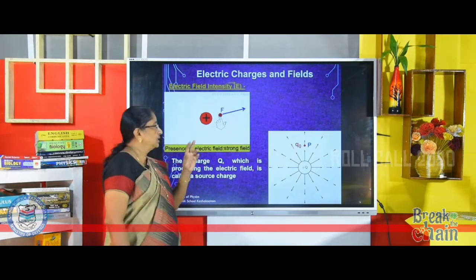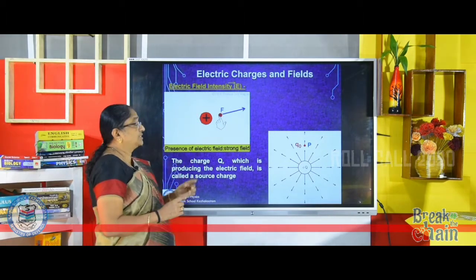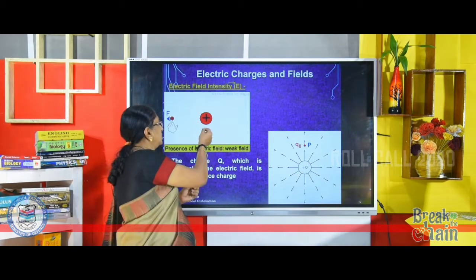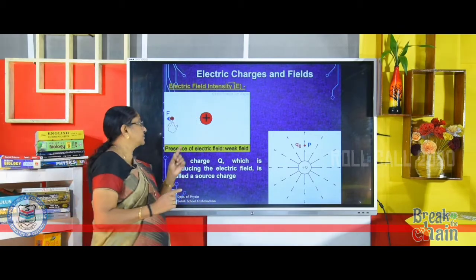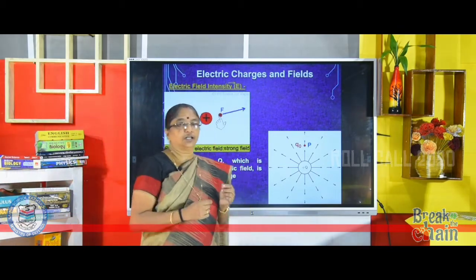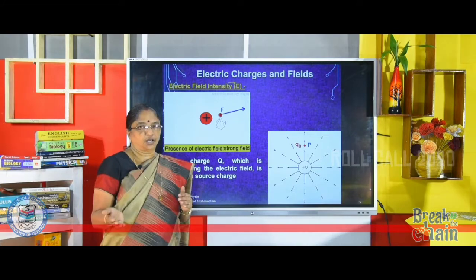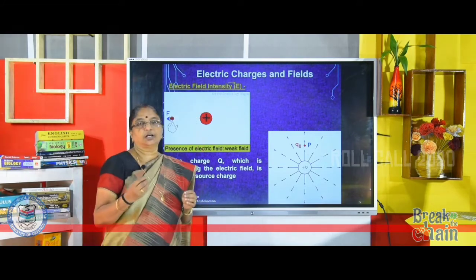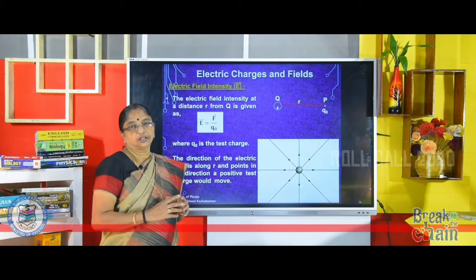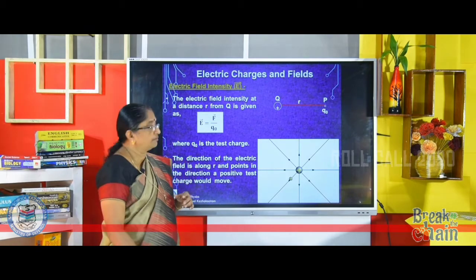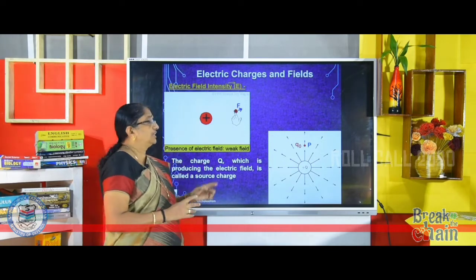See this? We can see a positive charge is kept there, and a test charge is brought at different places nearer to it, and see the length of the arrow, and the length of the arrow represents the magnitude of the force experienced by the test charge by this. So here you can see a weak field means far away from the charge, and a strong field means nearer to it. And this capital Q is known as source charge. I will show it once more. You see this? Capital Q, which is producing the field, is called source charge,